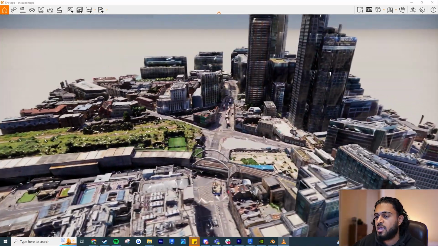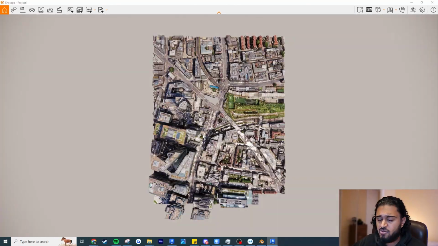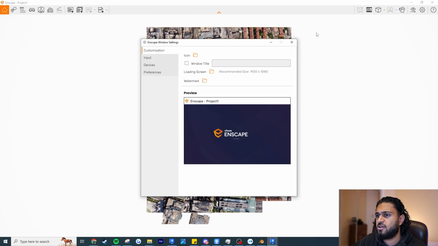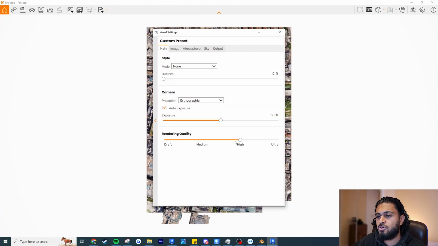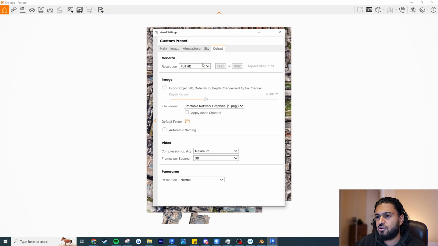All right, now I'm going to show you another trick here. If I press 5 on my keyboard, I get the bird's eye view. Now, if I also go to orthographic, zoom out a bit, and press 5 just to make sure it's perfectly aligned, then go to my visual settings, set render quality to ultra, image, and go to output,